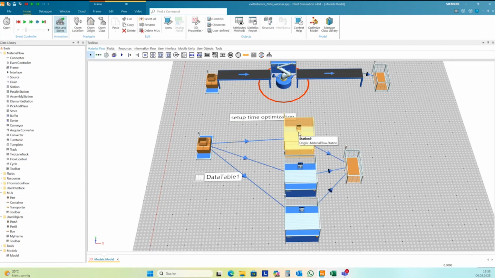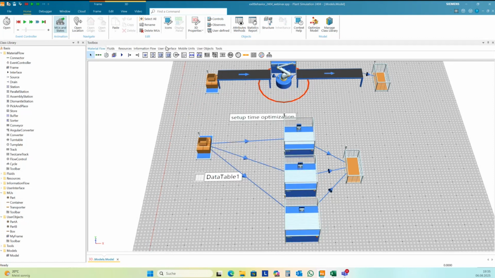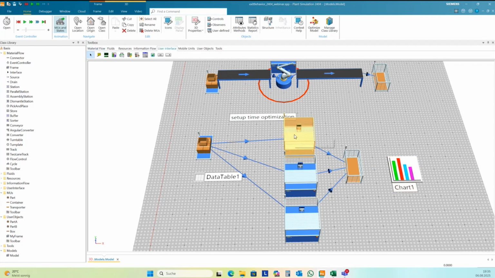And I have different setup times here, for instance, 5 minutes. Second one, maybe 20 seconds. And the third one, 10 seconds. And I need a chart to see the effects here.